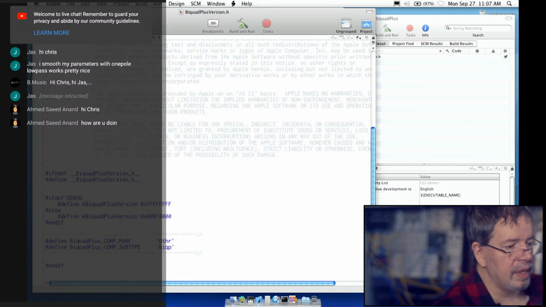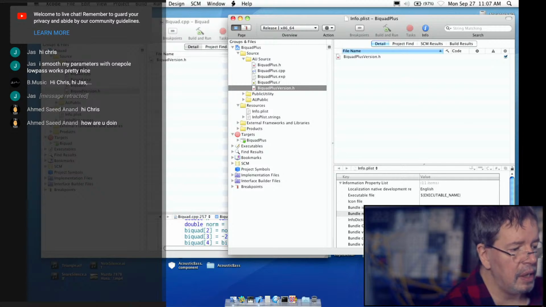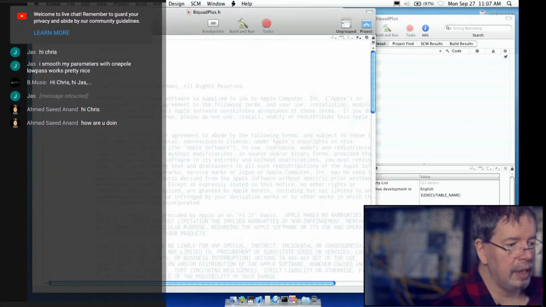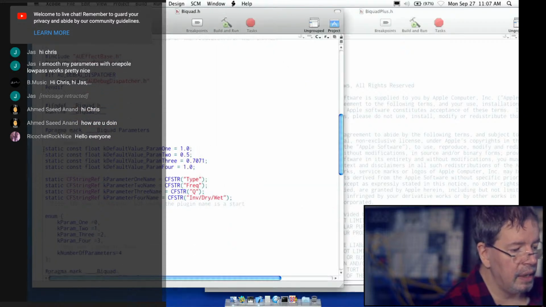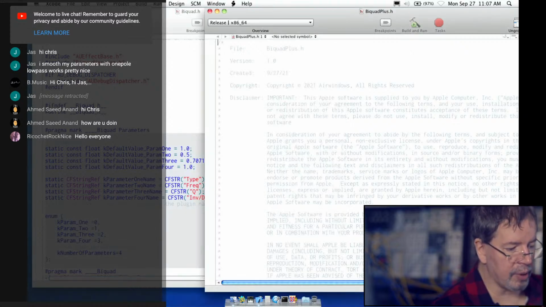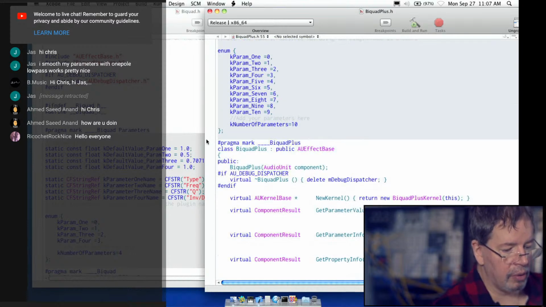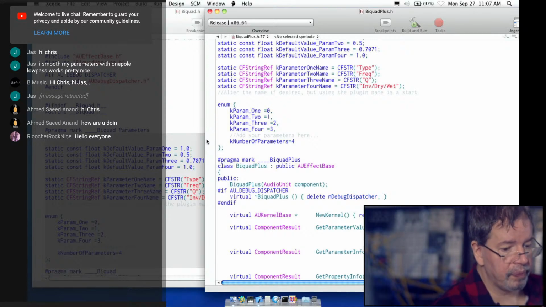Biquad Plus. Actually, BIQ is probably a good lead-off for the enums. If you don't understand what that means, you'll see pretty soon. And let's copy everything over as rapidly as I can. I'm copying between Biquad parameters and Biquad, and we're just going from here because we're not really going to need to include additional sliders at this time.